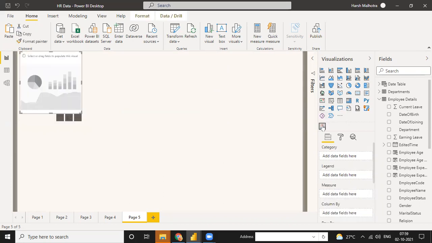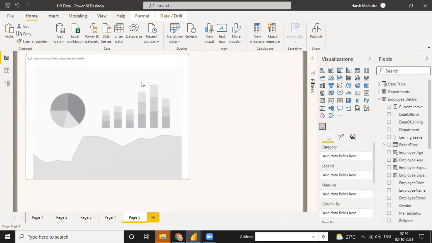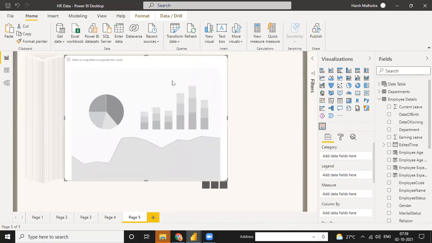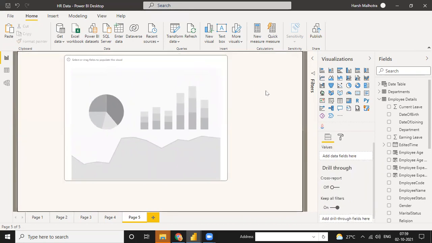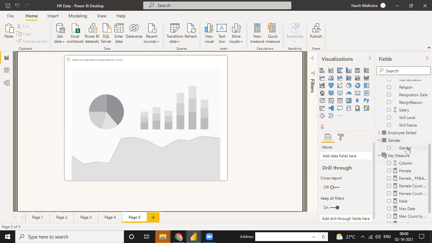See this one, infographic. You can use the infographic function in your data chart, because it will give you the complete structure value. What is the structure value that you can use? Suppose you need employee by gender, so you can directly go to the gender table.